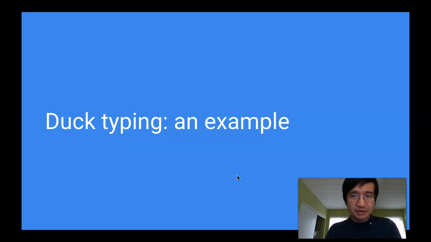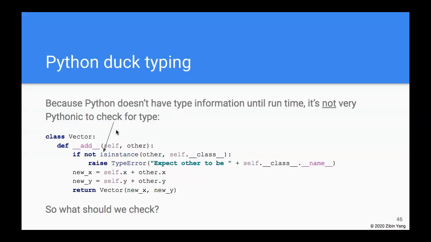So in this video, we are going to see what duck typing really means in practice by going through an example. In the vector class that we studied in operator overloading, we define a dunder add method, which is used for adding a vector with something else. That something else is in this other parameter, and when we did this, we wanted to make sure that the other is also another vector, and if it's not another vector,